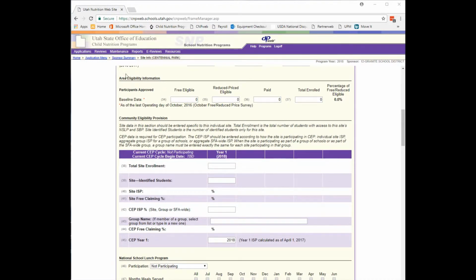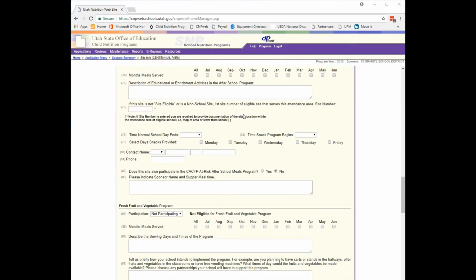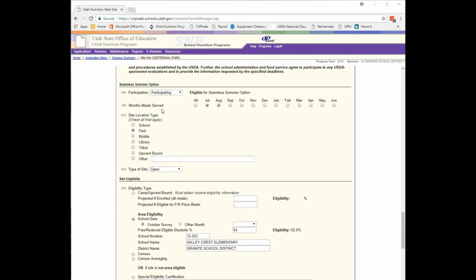For right now, you can kind of ignore this area eligibility section because we're going to fill that in the Seamless Summer section of the site information sheet. So let's scroll down here to line number 89, and that's where the Seamless Summer option application section starts. So you're going to want to click that you're participating in the Seamless Summer option, and then the months that you're going to participate. Now this part's really tricky